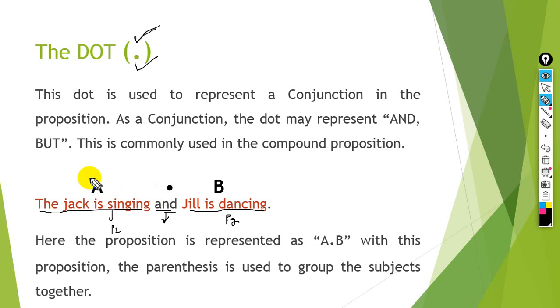So how will we represent this? We are representing this by writing A dot B. So in logic, when we write A dot B, it means that we have two statements,